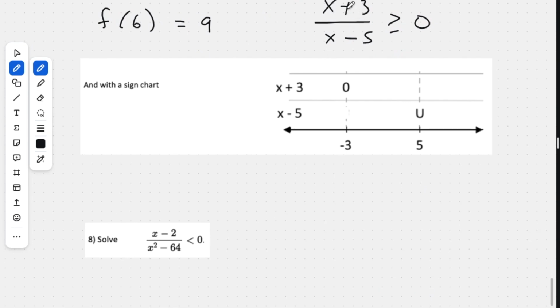So what we did here was we set up our two factors, and then this top one is a 0, because like I said, that's our x-intercept. The bottom one I put a u there. Sometimes I write undefined or UND as well, just to remind myself not to include that point in the answer. So then we can